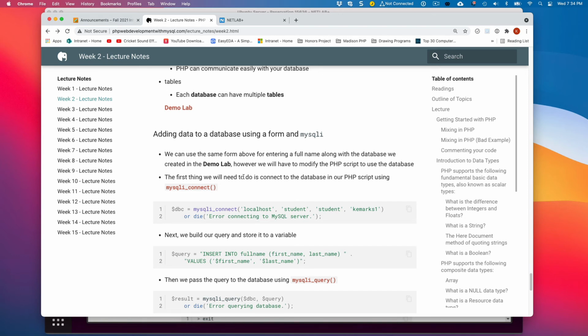So the first thing that we'll need to do is connect to the database in our PHP script. We'll do that through this function called mysqli_connect. So all these functions are mysqli functions. And the credentials that we're going to use are these four parameters, and there are additional optional ones, but these are the ones we're going to use.